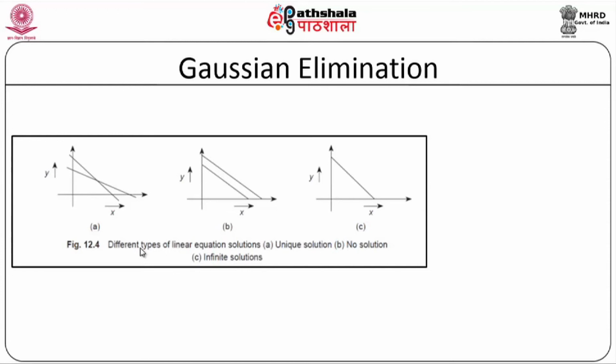If there is an intersection, I will have a unique solution, and if the lines are parallel to each other, then there is no solution at all, and if they coincide exactly, then you will have infinite solutions. So, solving two equations with two unknowns is going to be a very easy task,